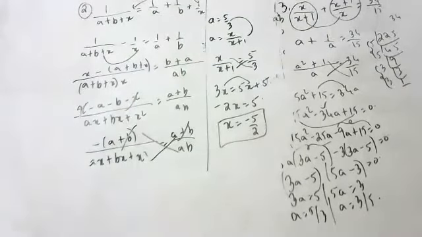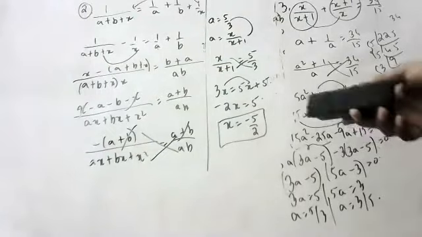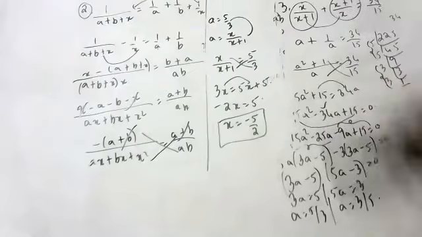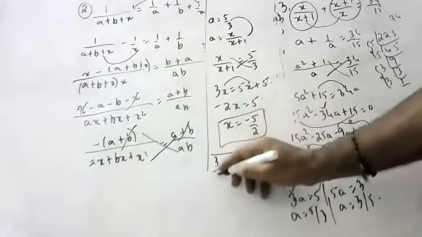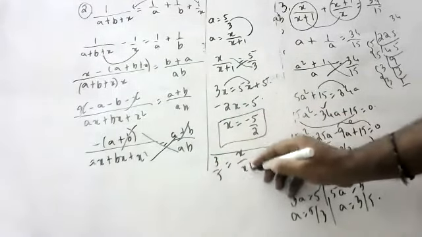Sir, as we got A as 2 different values, do we need to substitute both or is only one enough? No, you substitute both, but I think you get the same answers because x is 1 only, no? If you want to substitute and see the answer, you will get the same answer. 3 by 5 is equal to x by x plus 1.